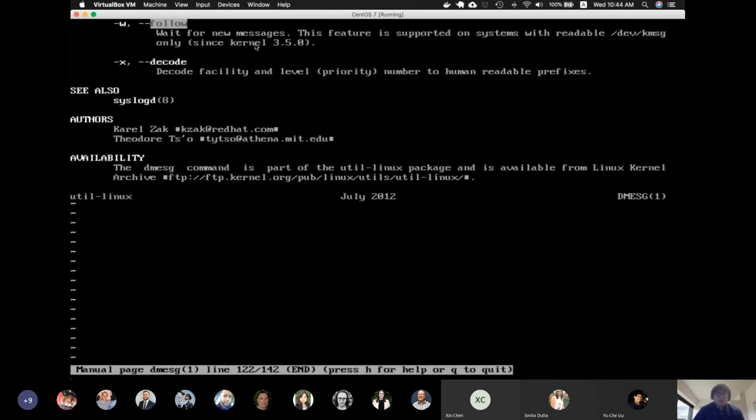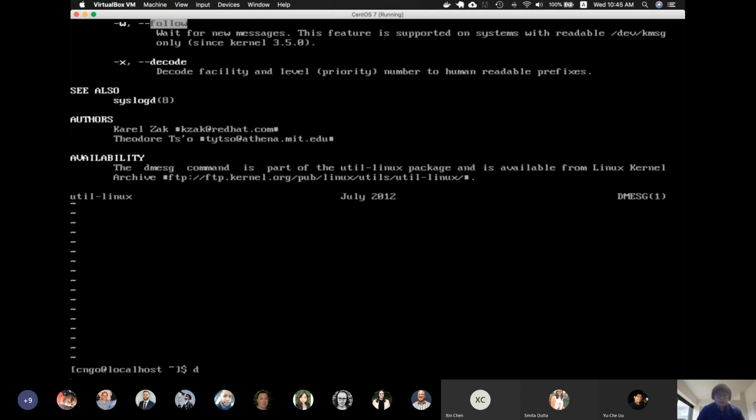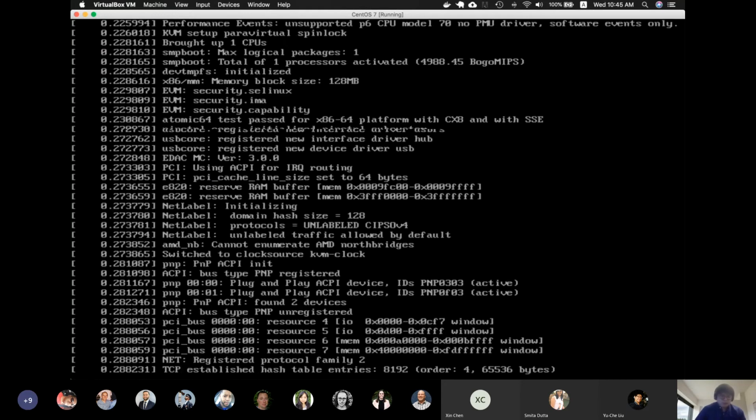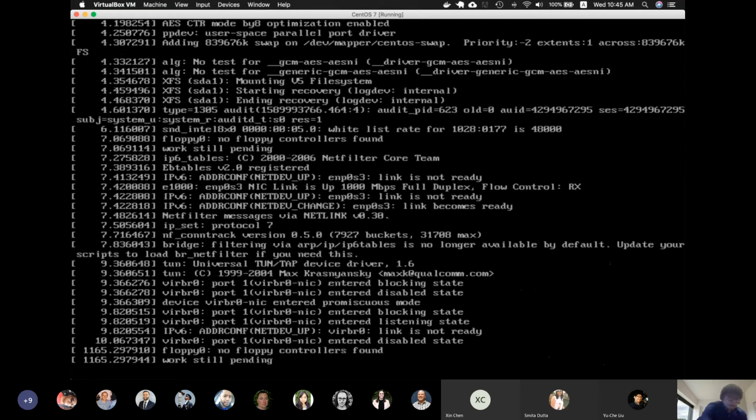Wait for new messages. Okay. So basically, when I do dmesg --follow, as you can see at the bottom, the cursor is still blinking. It means that if you attach different devices, it will basically detect that hardware and